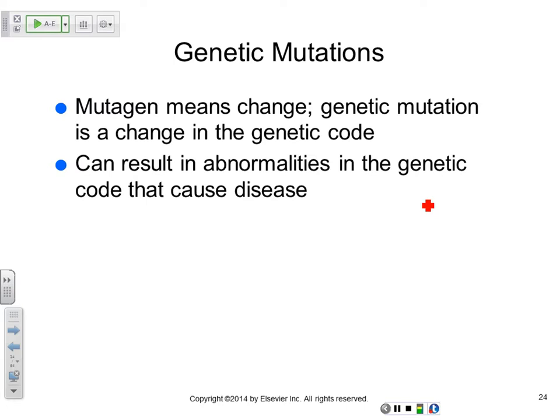All right? So genetic mutations, of course, can result in abnormalities and cause disease. And later on, when we start talking about genetic conditions, we'll talk about disease genes. Like I said at the beginning, there's really not a disease gene. It's only when it is a mutation that it can cause problems. Otherwise, genes normally code for good traits. It's not like there's a gene that is specifically in our body that will cause disease at all.